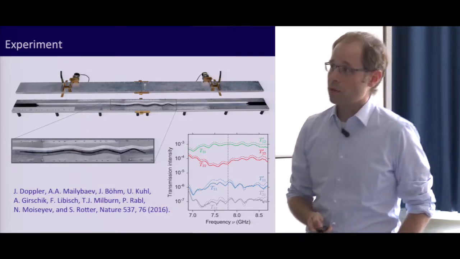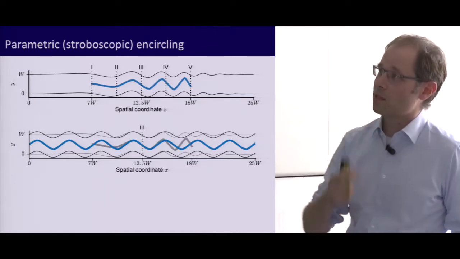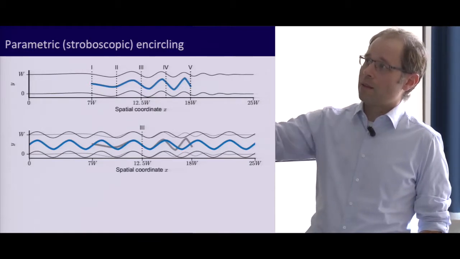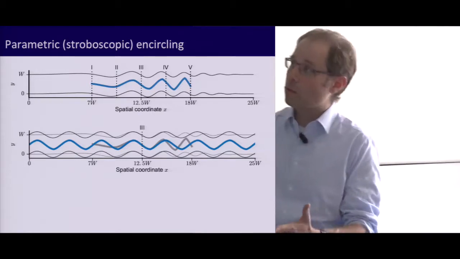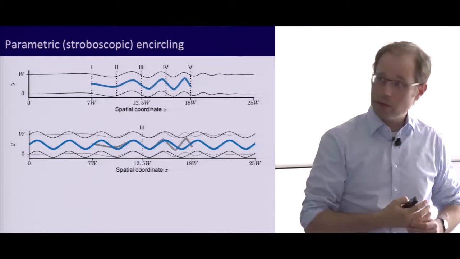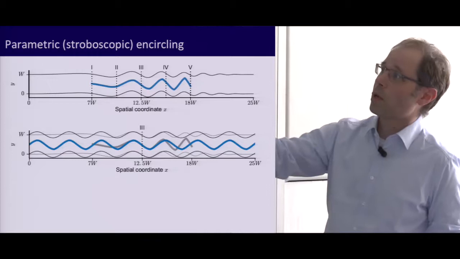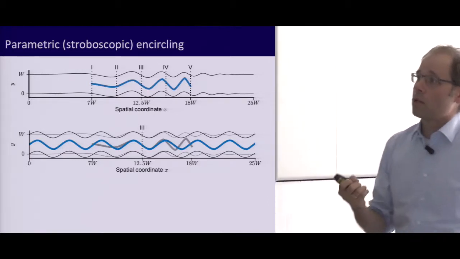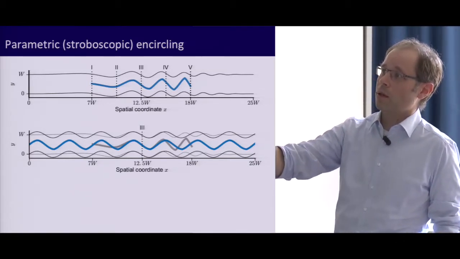So to answer this question wasn't easy, but we asked ourselves, can't we just say, OK, if this is our waveguide that we have, and we continuously change the parameters from entrance to exit, meaning that while doing this, we encircle the exceptional point. What people did previously was not such a continuous variation, but they did sort of one measurement here, one here, one here, and one here. So we said, OK, let's do the same. Let's, for example, at position 3, continuously